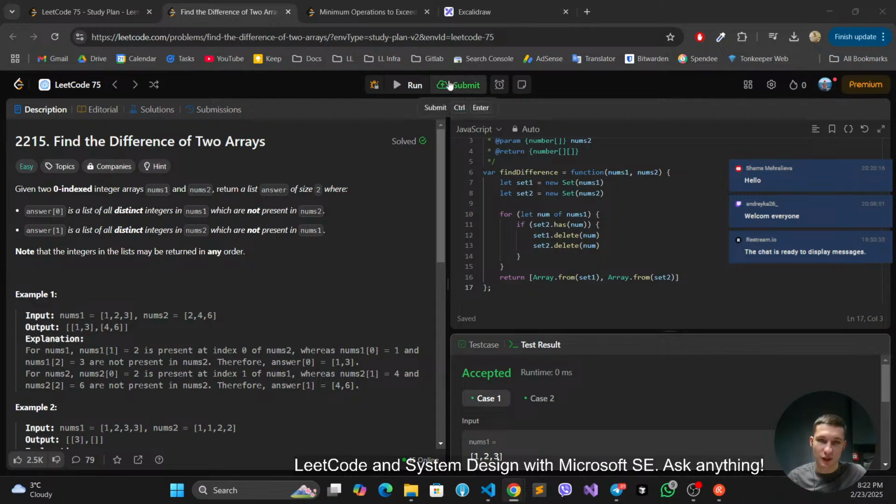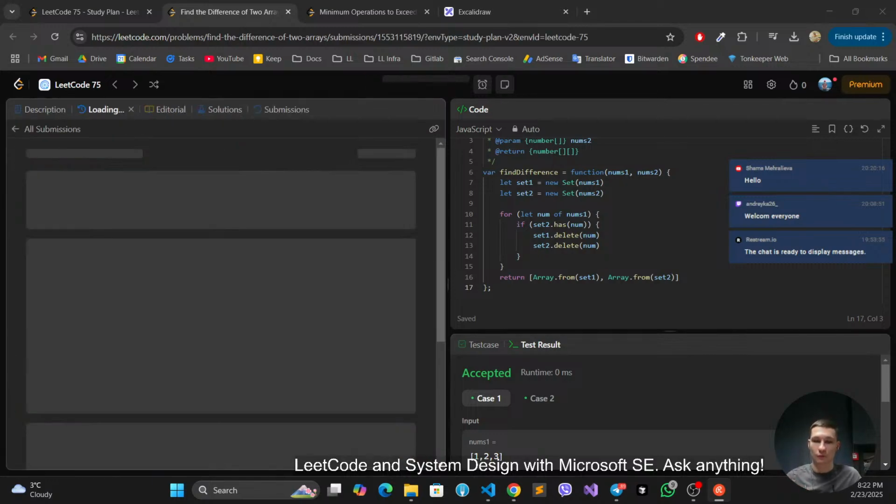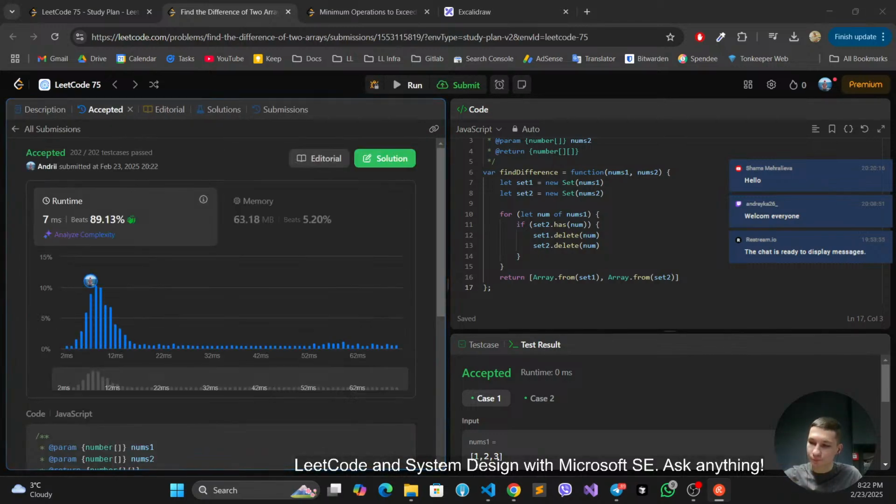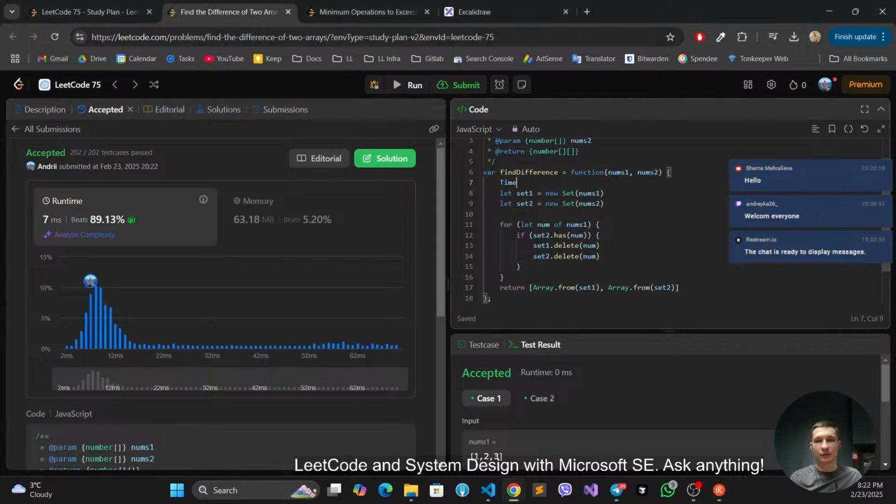So two test cases passed. Yeah, pretty easy problem. The time complexity here would be, so creating the set here, and first of all,